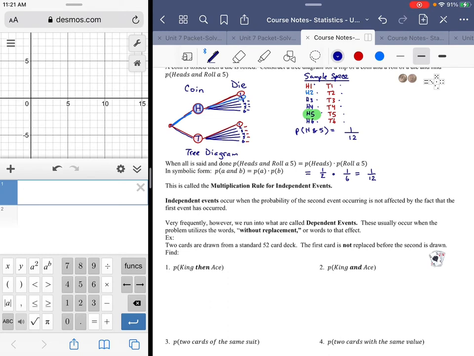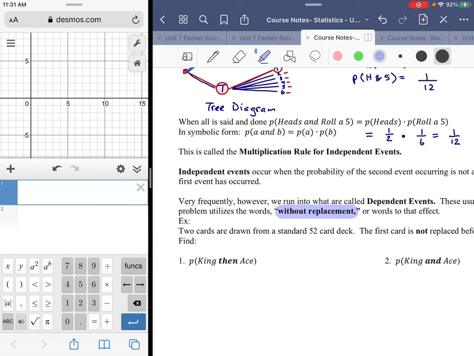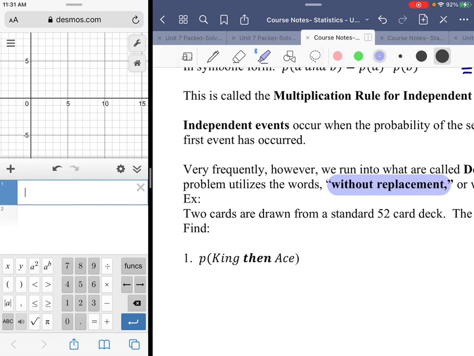So obviously, the focus would be on dependent events as well, and so that brings us to the next set of problems. When we look at dependent events, we have to look for certain keywords. These kinds of questions lend themselves well to decks of cards because we can replace a card after we draw from a deck, or we can not replace it. These cards we're going to focus on without replacement, meaning you select a card at random from a deck, and then you don't put it back in the deck before you make a selection for the second